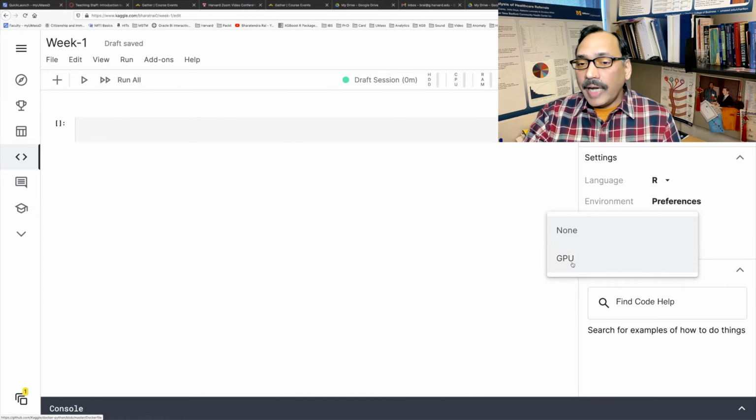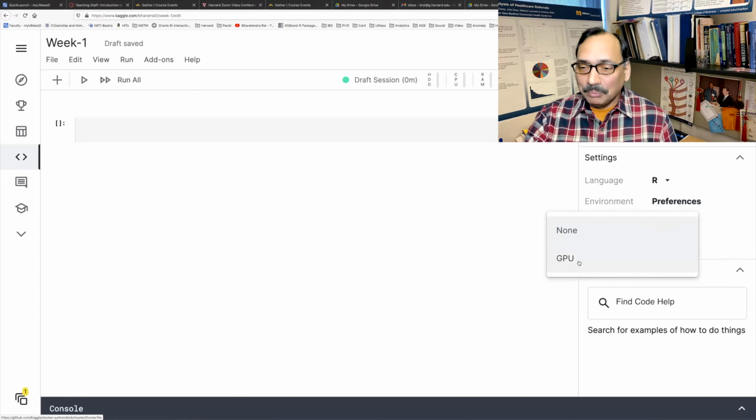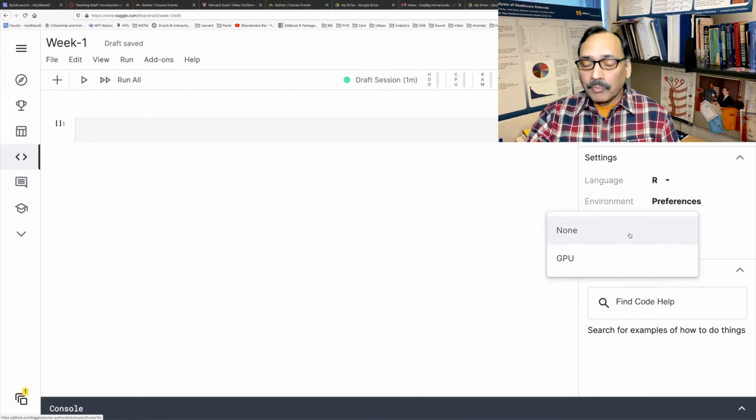GPU is a graphical processing unit. Especially people who work with huge data sets and do very advanced deep learning work, where a lot of parallel processing power is needed, this is a good platform to get a GPU free, because usually getting a GPU computer is very expensive. I know a Dell NVIDIA laptop costs around $7,000, which gives you good GPU power. But you can get it free at Kaggle.com, courtesy of Google. Right now we don't need that very advanced computing power, so let's not waste it. We'll keep this at none.